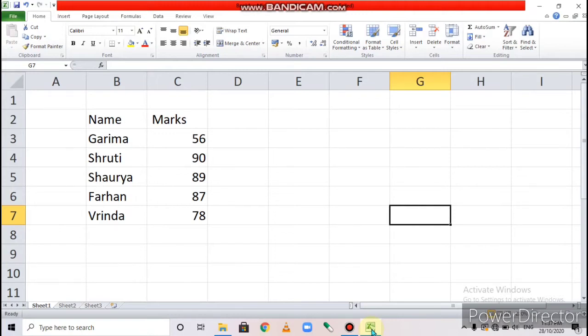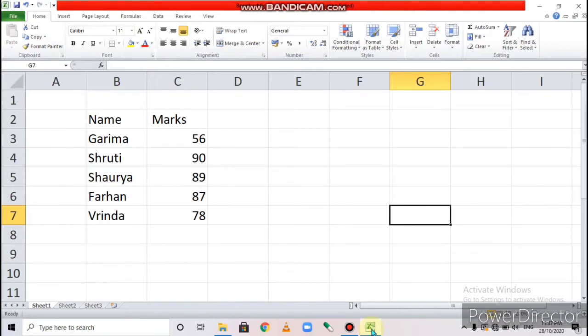On page number 102, editing refers to making changes to the existing data in the worksheet, the data which is already present in your system. To change that data is known as editing.